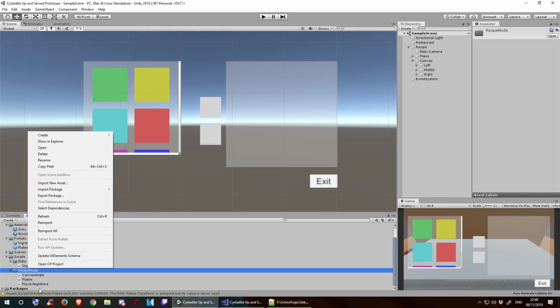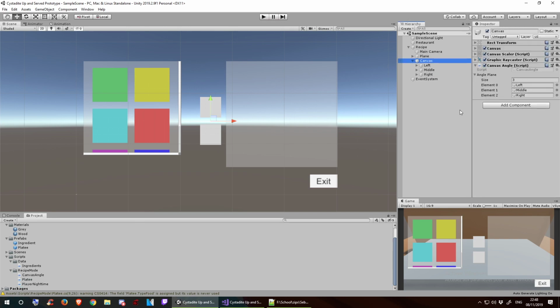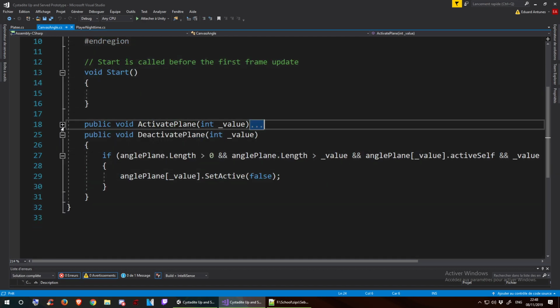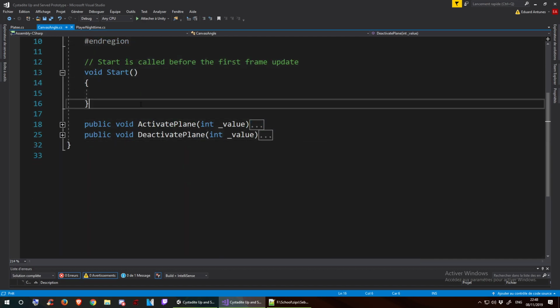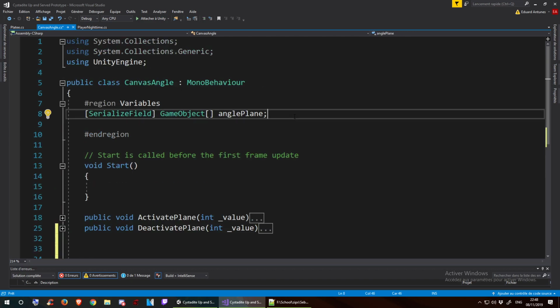And play an item, I think it could be a good one. Now we do have the canvas angle, which does have access to the canvas, so I think I might use that one instead. Oh crap. I think I'm gonna use canvas angle for that one. And you are just my activate plane and deactivate plane, so you guys are fine. I'm gonna be working on something else instead. And here we have